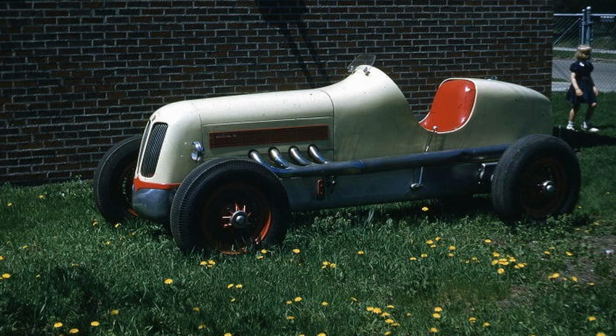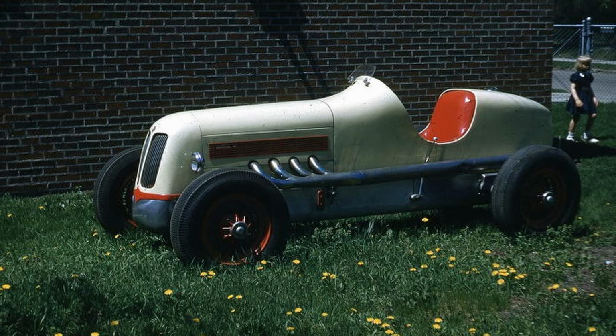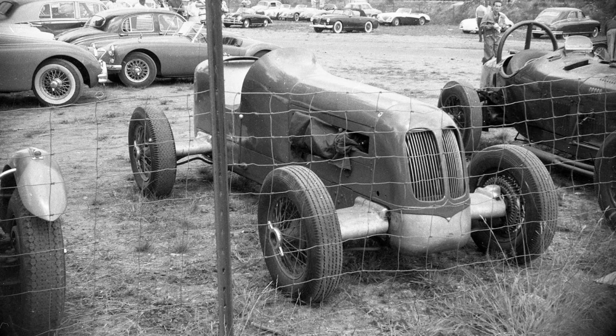Which is neat. That's what makes them so special. That's why they're still talking about them, right? I guess. But the cars were not restored yet, and the